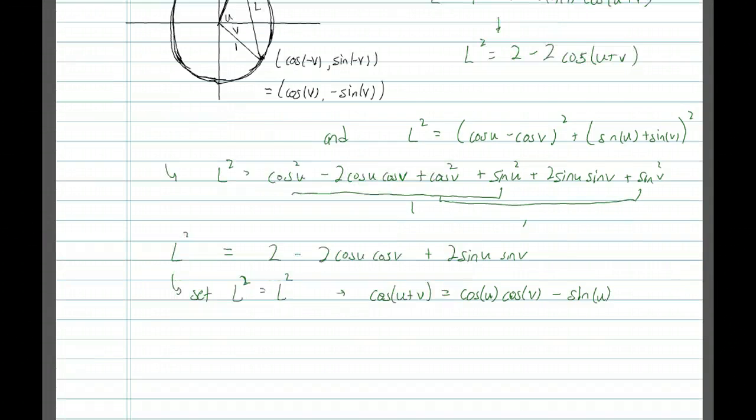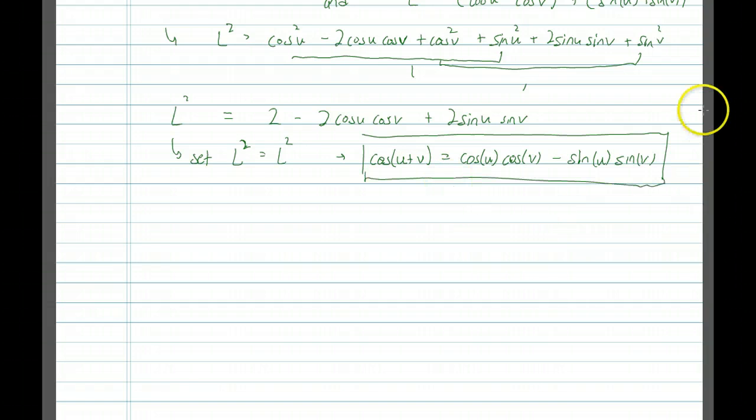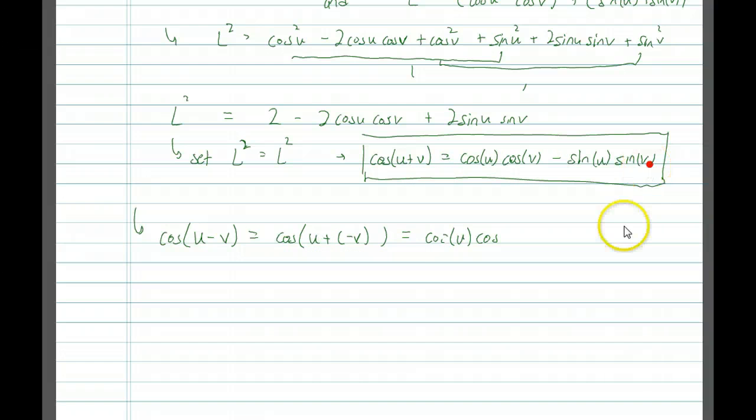Now, that derivation is a little bit tough, a little bit of work to do. However, from this one and the previous identities we talked about, we're going to be able to derive the difference formula for cosine, the sum formula for sine, and the difference formula for sine. For instance, to do the difference formula for cosine, all we do is write the cosine of u minus v as the cosine of u plus negative v, and then leave u to be the same, but let v be replaced by negative v